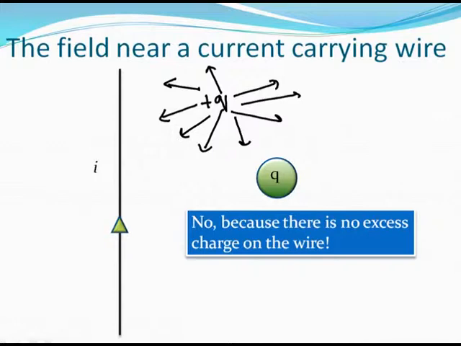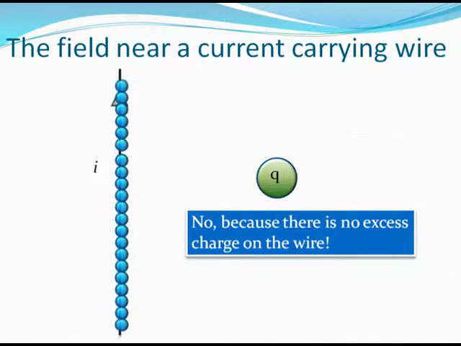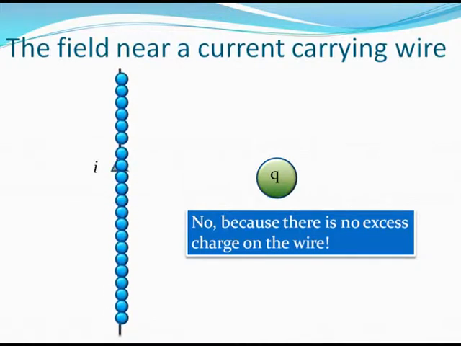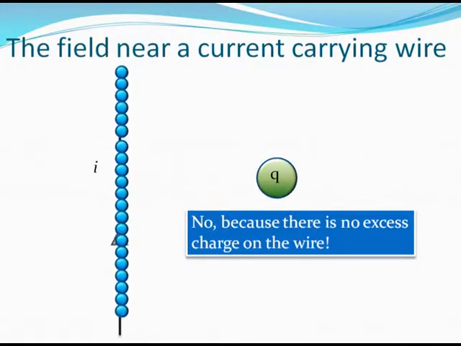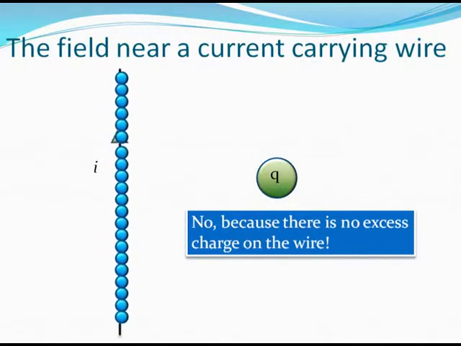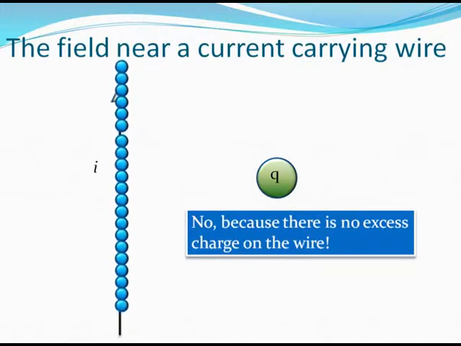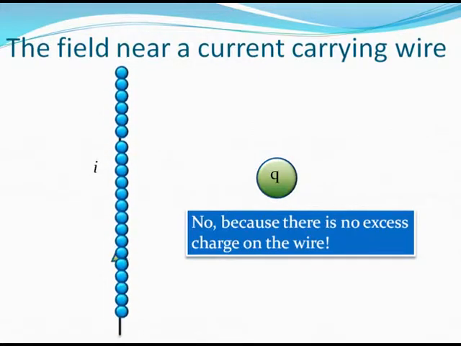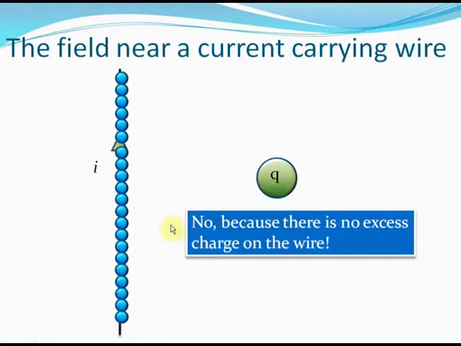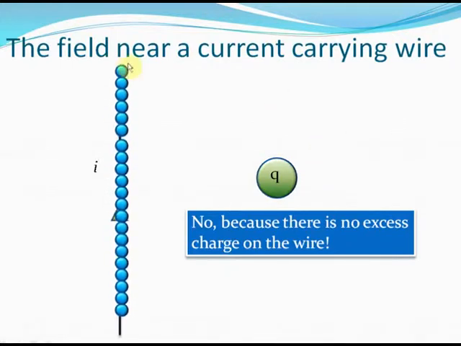If you look at this current carrying wire here, you can imagine, these charges here to be the electrons inside the wire. When the current is passing, the electrons are simply moving. They're drifting upwards as the current is flowing upwards. But where is the excess charge? There is no excess charge on this wire. There are as many protons on this wire as there are electrons. Only some of the electrons are free and so they're moving, in a certain direction. And the rate of flow of these electrons is the electric current. But there is no extra charge on this wire at any instant. And therefore, there will not be any electric field because of this wire near the wire.